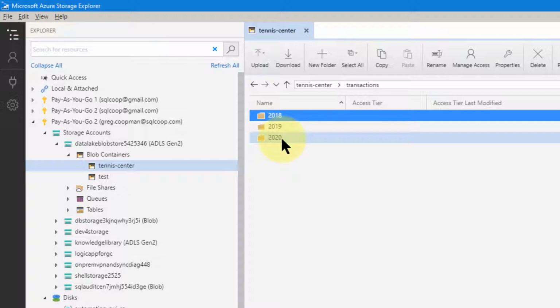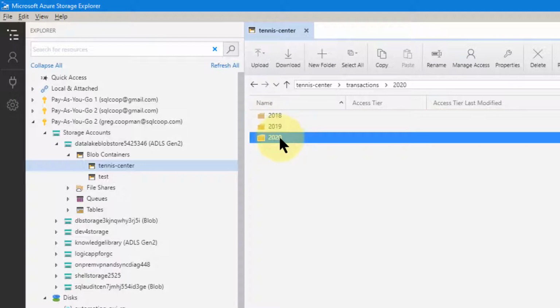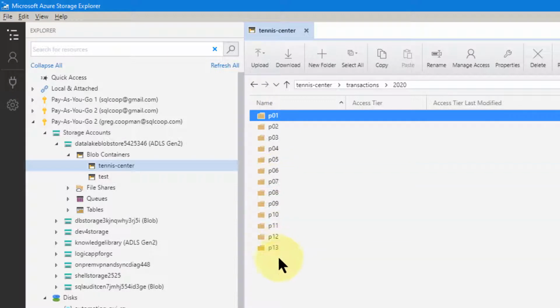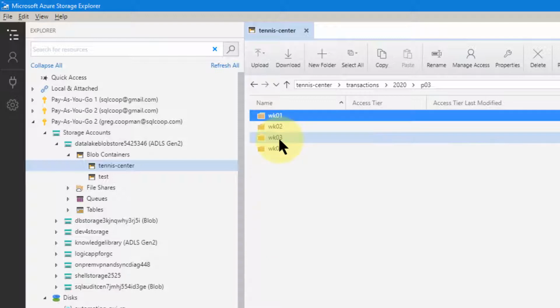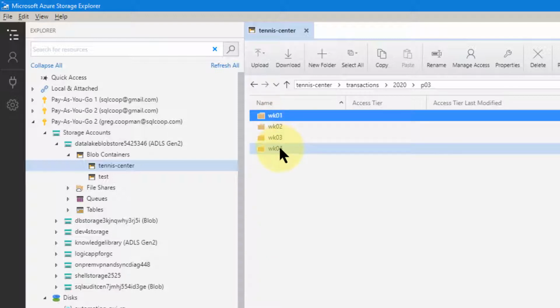But I do have some data, so let me show you what I have in there. We emulate this from 2018, 2019, and 2020. So let's look at 2020. I double click on that, and we're going to emulate this as a 52 week fiscal year. I have different periods. I have 13 periods, and each period has 4 or 5 weeks. If I go to period 3, for example, it's not March exactly because it could overlap into February and go into April, something like that. But anyways, in period 3, I have 4 weeks listed,